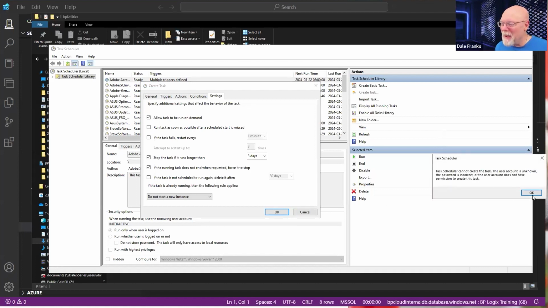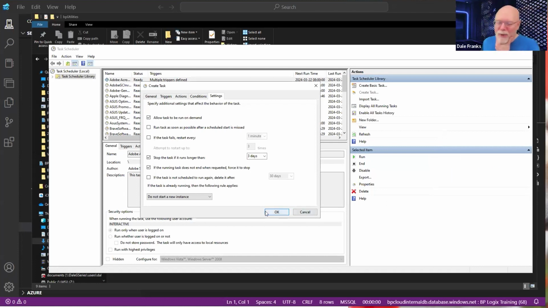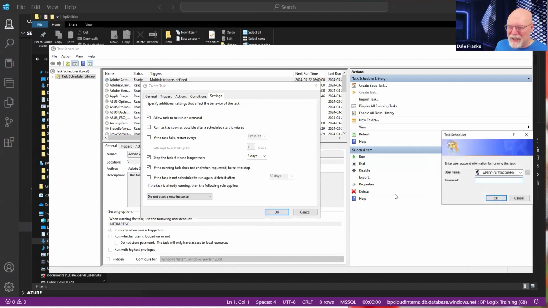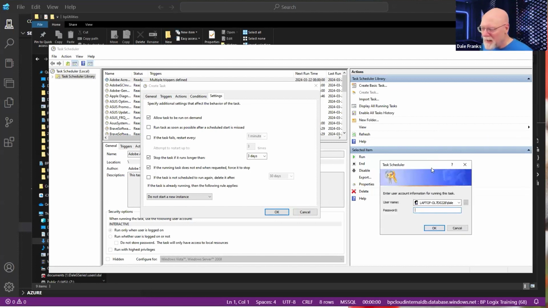That is not my password. Not sure what my password is on this machine. I may not be able to run it. I never actually went this far yesterday. It needs to know what my password is, and I log on to this via a Windows password, which gets changed all the time. And I just use the PIN. Honestly, I don't know what my password is. So I guess we're not going to be able to run it from the Windows scheduler.